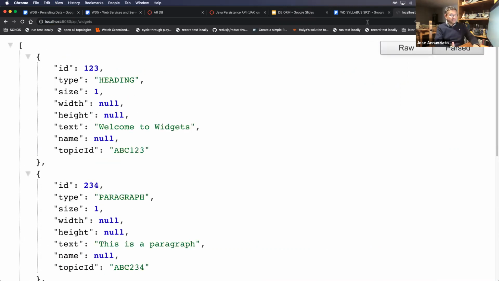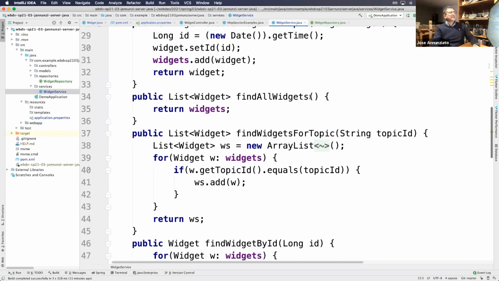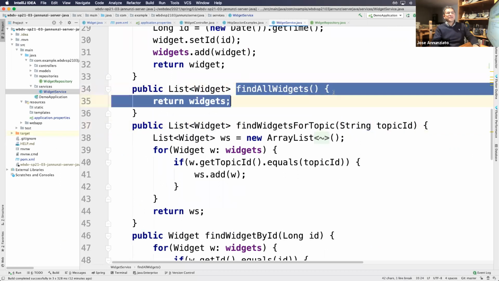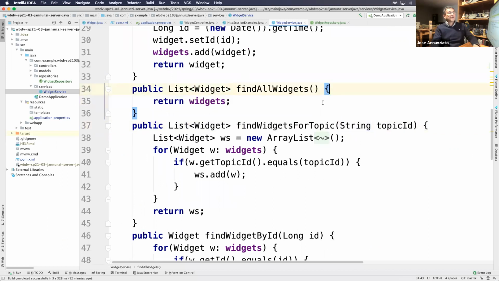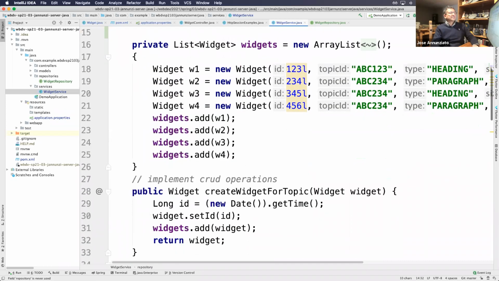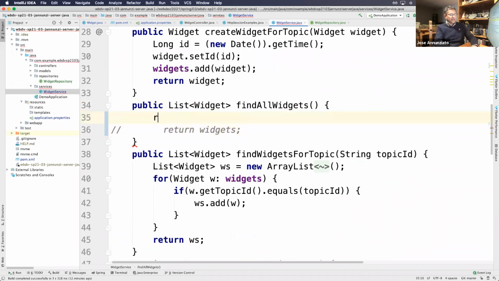We want to use the database instead. Okay, and that's implemented right here. This widget find all widgets, right? We want to use this repository. So the repository, let's bring it in. Repository is going to allow us to write this. Let's comment that out. Going to say return